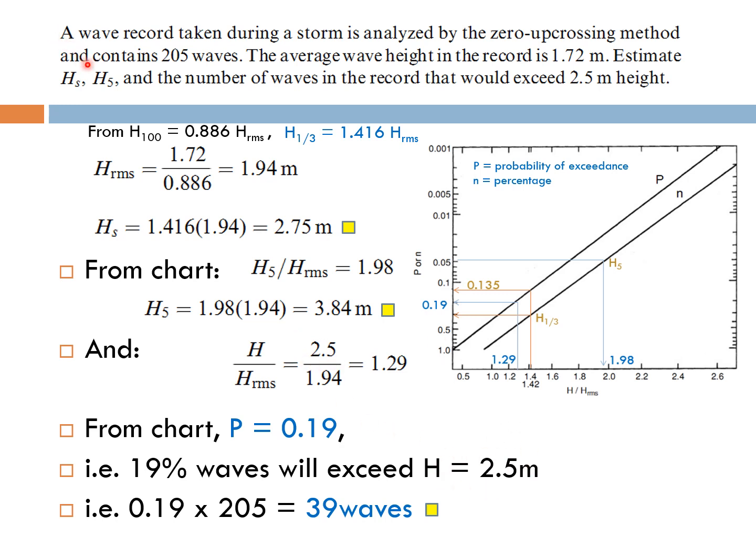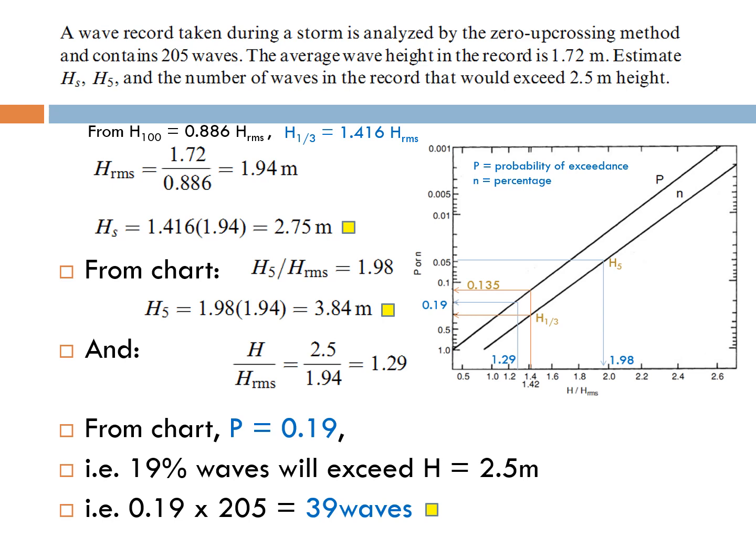And since we have 205 waves here, 19% of 205 waves is 39 waves. So we expect that out of our wave record, there are about 39 waves with wave height more than